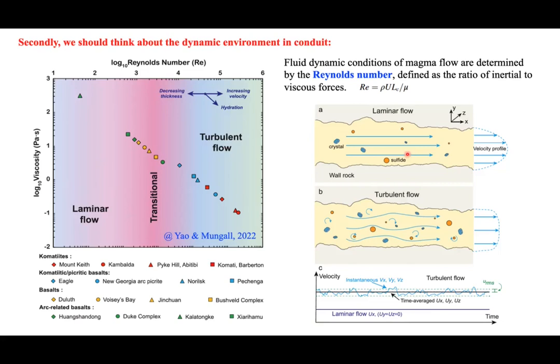Laminar flow means, like in these figures, the flow is very slow, and the magma just flows along a layer, and there is no interaction between the neighboring layers. And the flow of komatiite and the picrite basalt always falls in the region of turbulent flow. Turbulent flow is very complex. Its flow direction and its flow velocity are highly variable with time, like this. Because the conduit system mostly focuses on the magmatic system, I think laminar flow may be suitable for the question here.